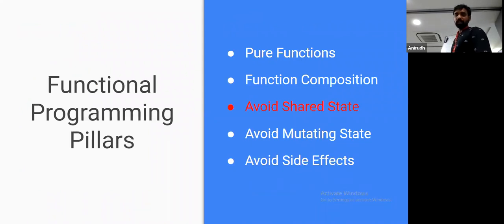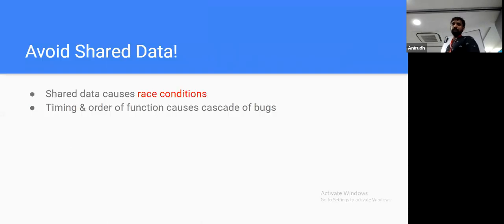Now we would go to the third important pillar, which is avoiding shared state. So this is very important. Basically, if you have shared data which is shared across multiple components, and both components are trying to mutate that data, there will be race conditions. A lot of the time we make API calls, and the API call responses are not ordered. In some cases, the first API response will get dragged down and come after the second API response. So race conditions can happen.